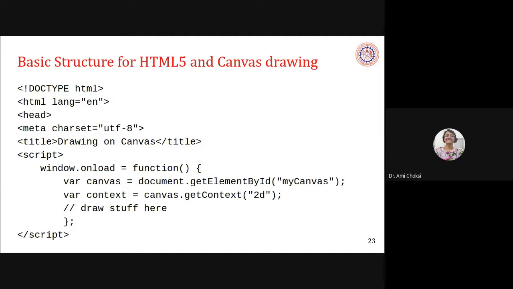Now, as we know, whatever variables we want to use throughout our web page, I'm saying web page, not website, so keep that in your mind.